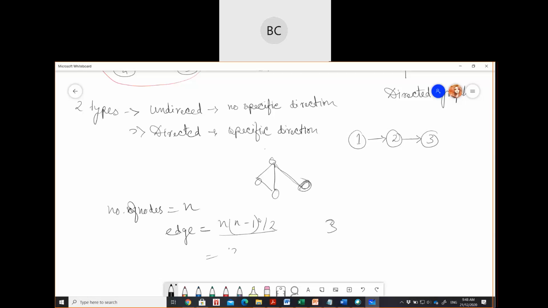So what will be the formula? 3 into 3 minus 1, 2, by 2. Give me the answer. 3. Correct. So edges will be also 3. So you can just form a graph like this. This is a complete graph. Okay. Next comes your